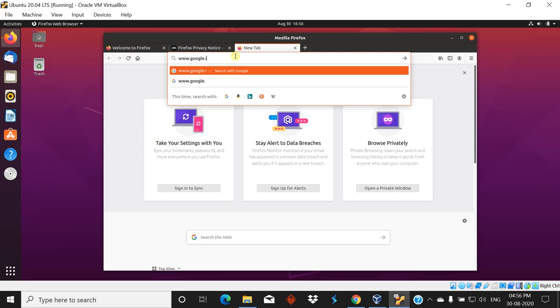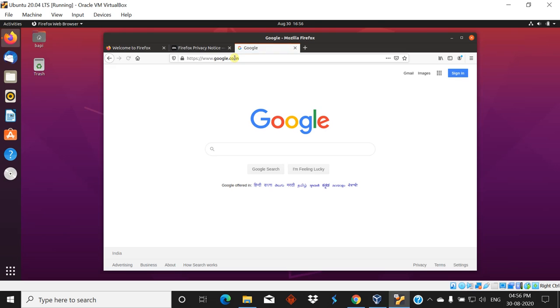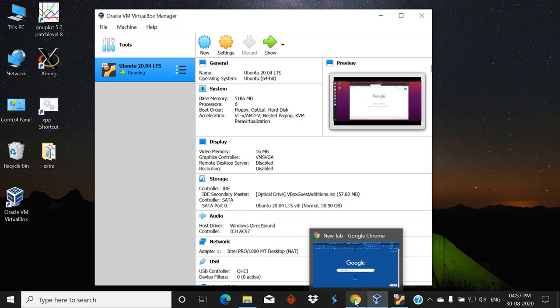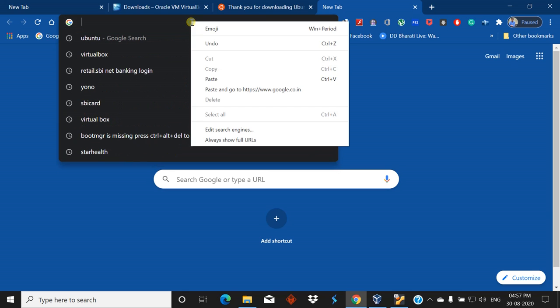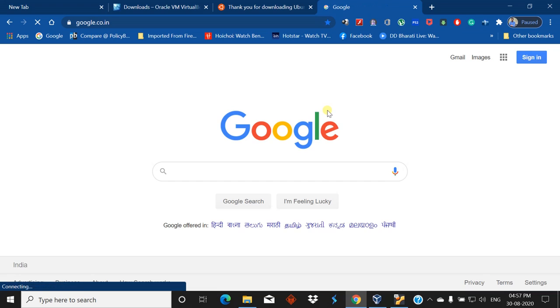So the Google home page will appear. Now right click on it, copy, and minimize it, and on the Windows operating system open the Google Chrome browser and paste it, hit enter. So you will see the Google homepage appears. That means copy paste from Ubuntu to Windows operating system is working fine.